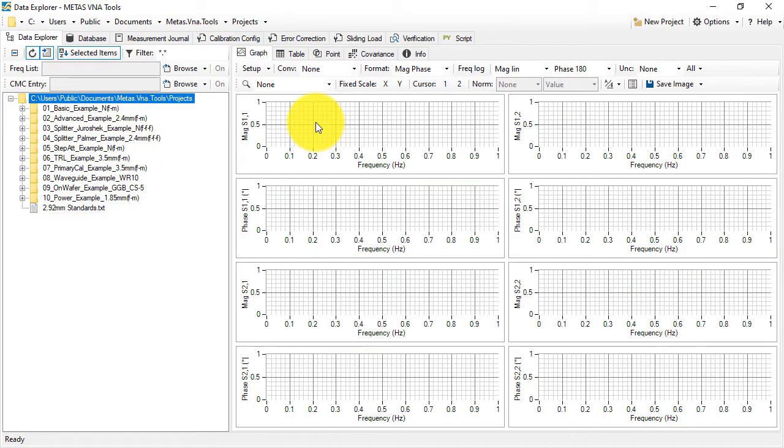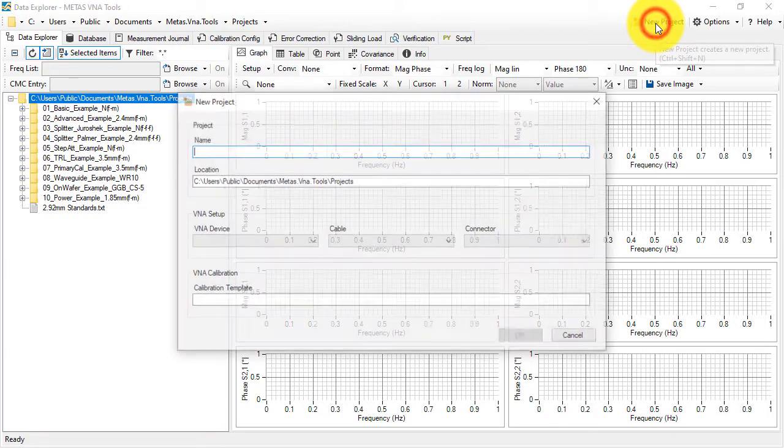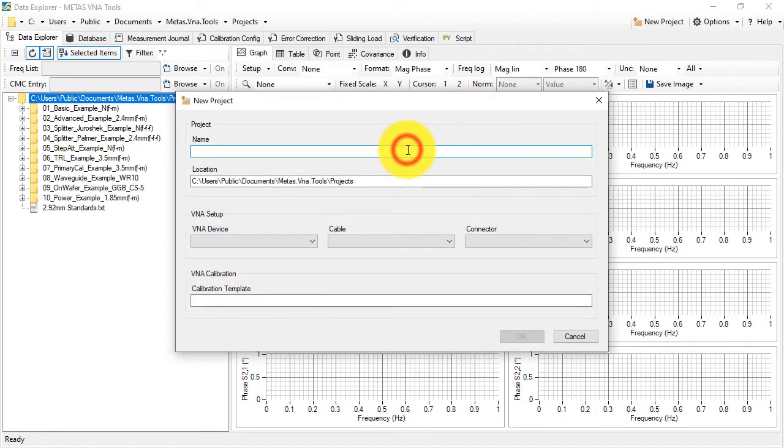In the first step, we create a new project in the navigation bar of Vna tools. For that, we click here on New Project. And as name, we choose here